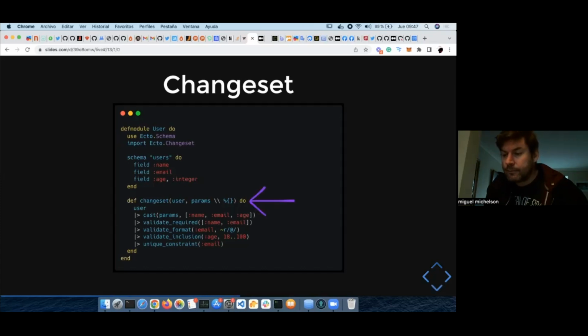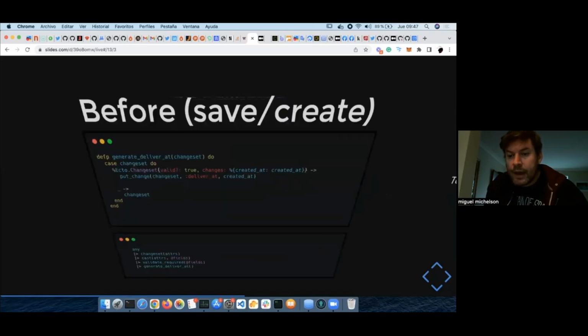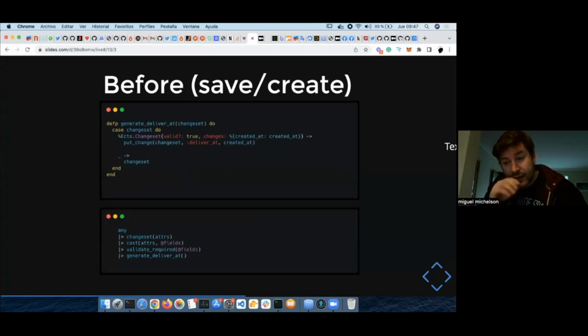So changesets are not ActiveRecord callbacks, so you will miss those: before save, before create, after save, and stuff like that. The changeset could serve as a way to prepare the information and run some side effects. It could be seen as a before save or create, but for the after create or the side effect that occurs after